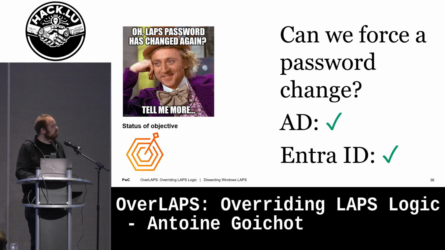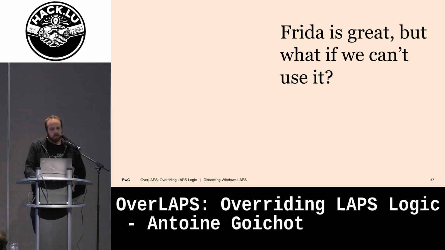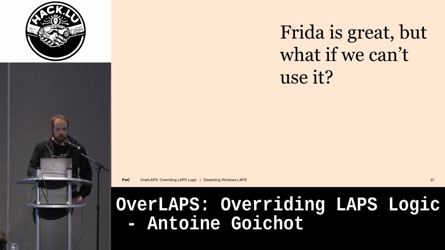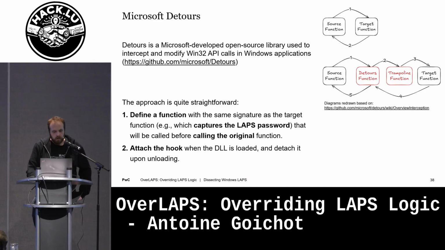So basically we have achieved our third objective. And that wraps up the list of objectives that we have set. You can say, Frida is great, but in a pentest you don't have machines with Frida, and that's true. But you can use other techniques to do hooking. I found it fun to use a Microsoft hooking library to hook a Microsoft product.